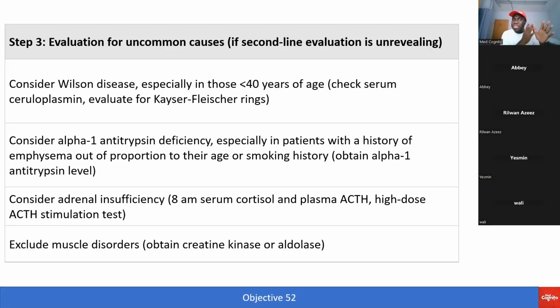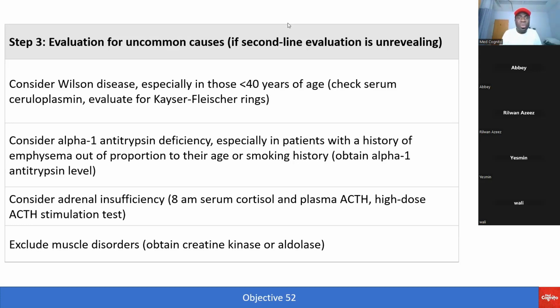So those are the equations I want you to look at in relation to AST-ALT ratio, 2:1 or less than 1, medications which cause abnormal liver function,